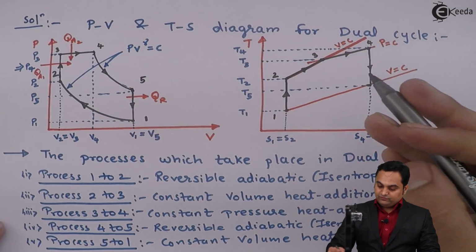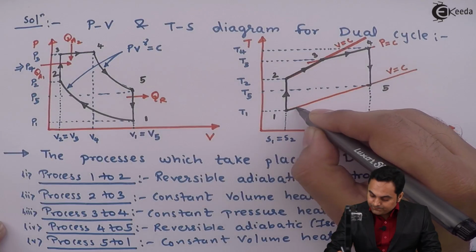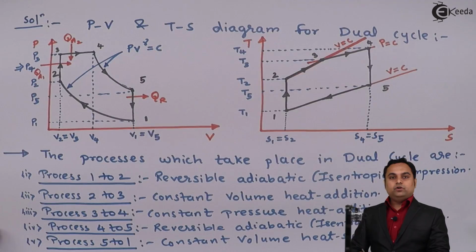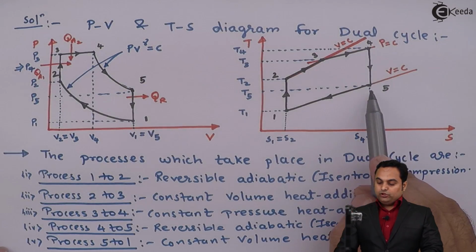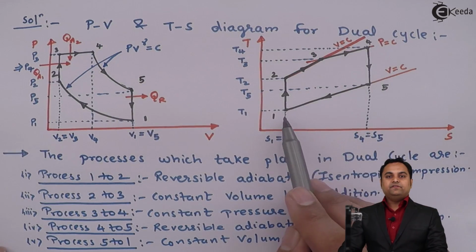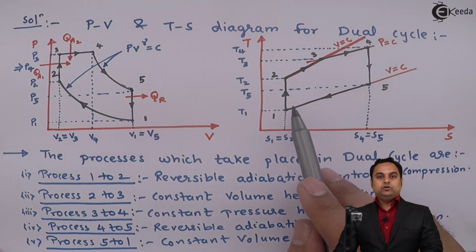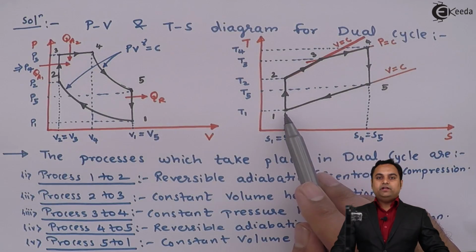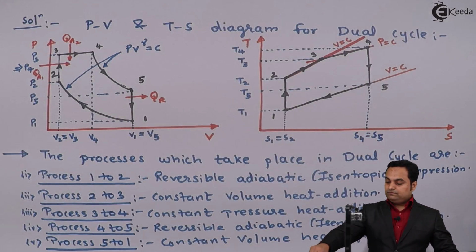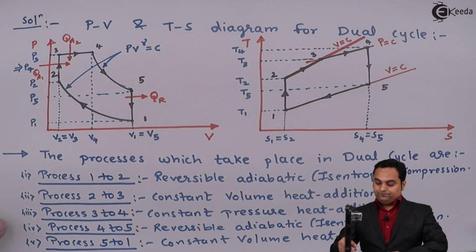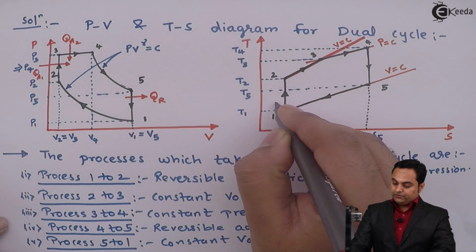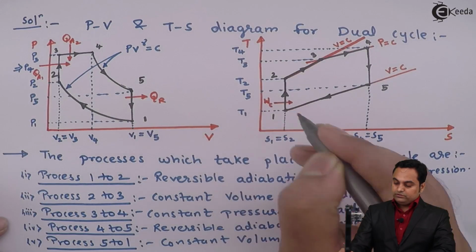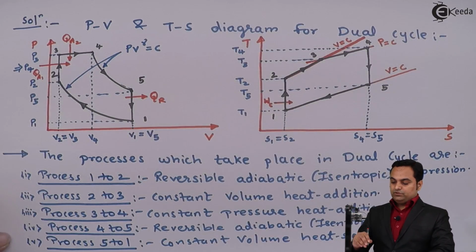So from 5 to 1, it indicates the constant volume heat rejection, wherein the volume at points 5 and 1 would be the same because they lie on the constant volume line. But as we see here, temperature decreases from 5 to 1 and even the entropy decreases. Then during 1 to 2, since it was compression, there is work done during compression, which is work input to